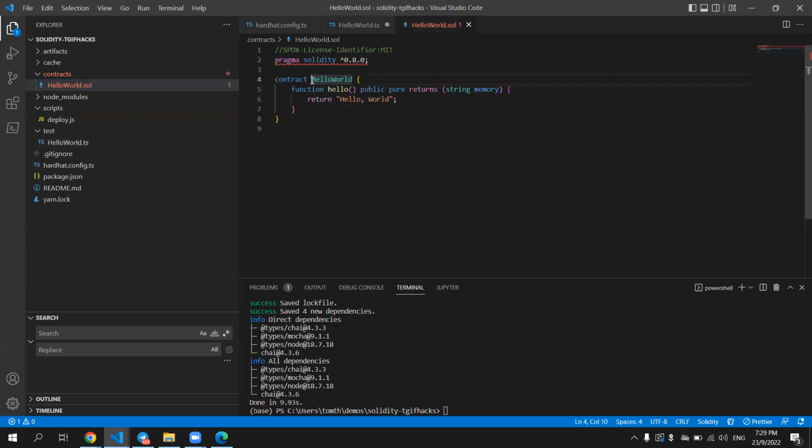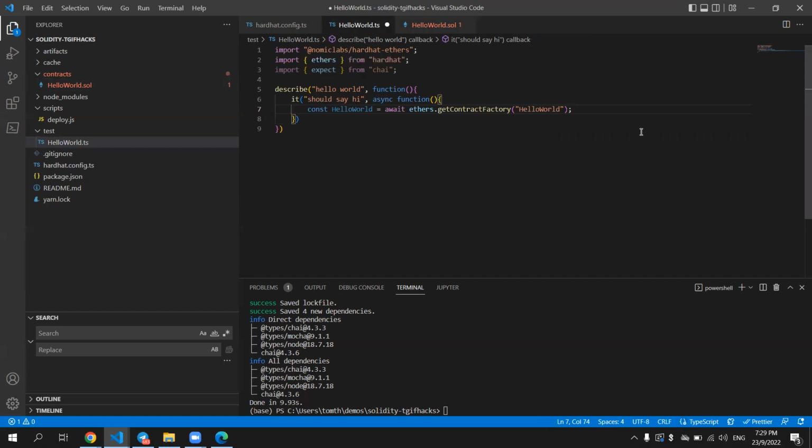So you should be calling the contract itself and not whatever you've named the file, even though it's the same name here. So